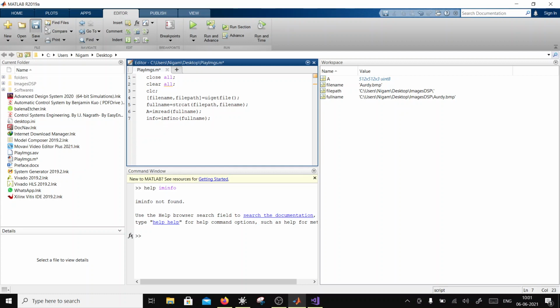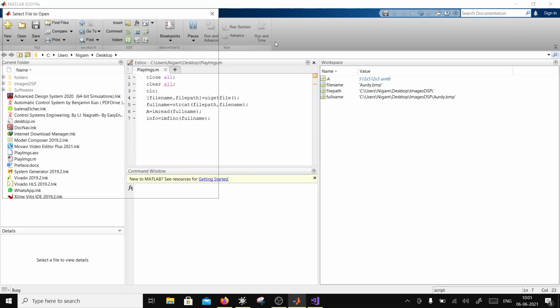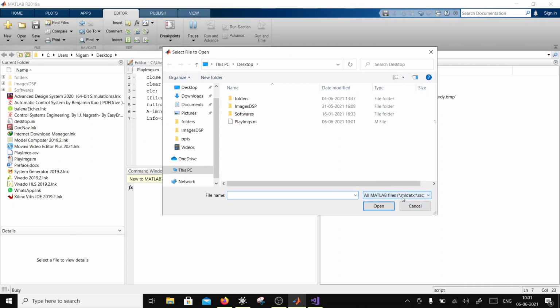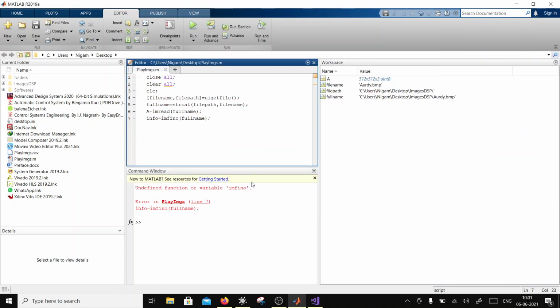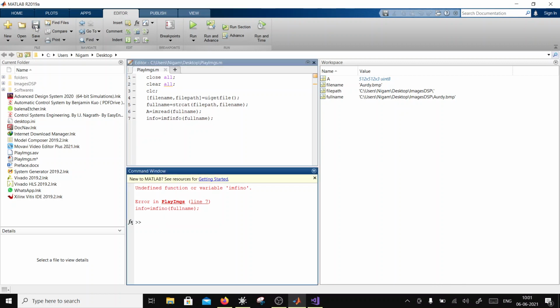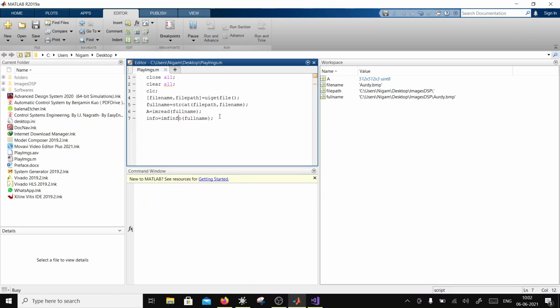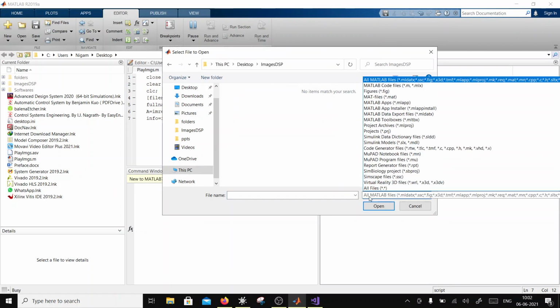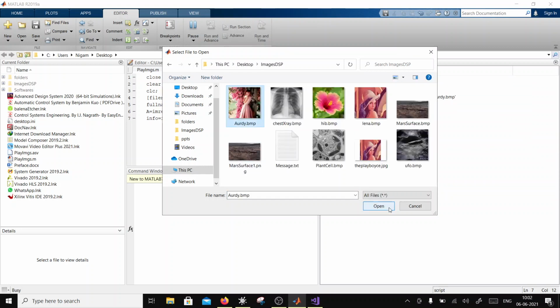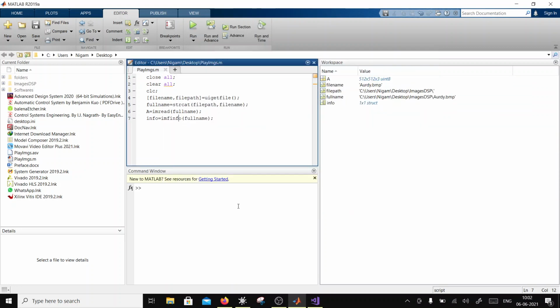Now if I run it and go to the files and look for the same file, oh, typing mistake, info, sorry about that. Okay, let's run this again. That's the fun part with MATLAB. You don't need to know all the functions, and you'll discover on the way.